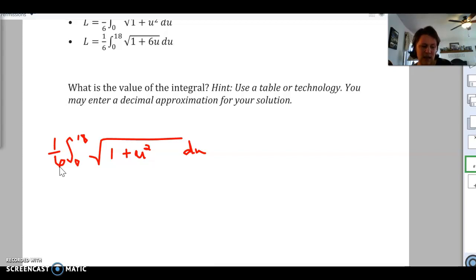So I have fnInt, and then 4 different things separated by commas inside those parentheses. First thing is your equation. You can plug that in and just use your variable y if you want to. And then comma x, saying that we're integrating in terms of x. And then our limits of integration, which are going to be from 0 to 18. And then the answer I get after I put all of that in, and divided by 6 also, then I get the answer of